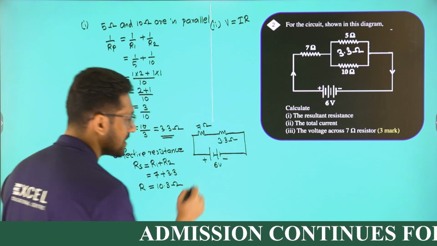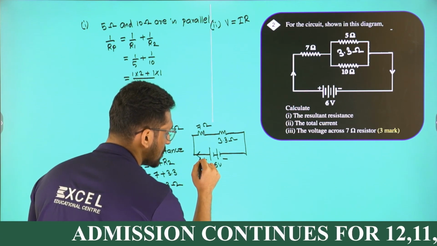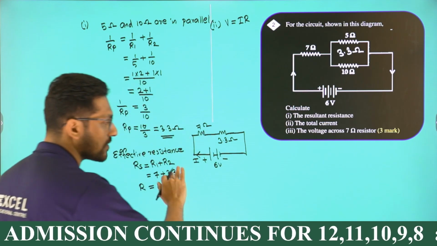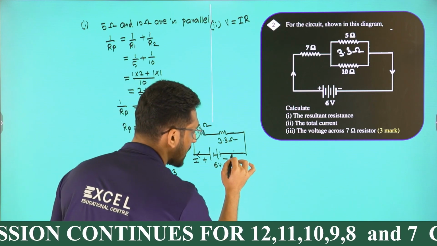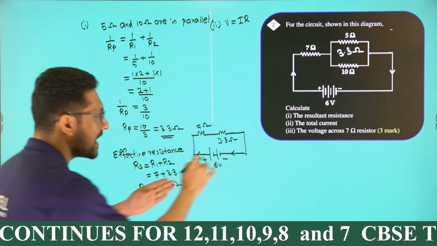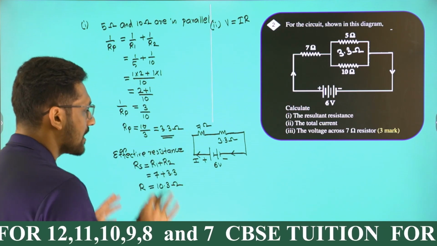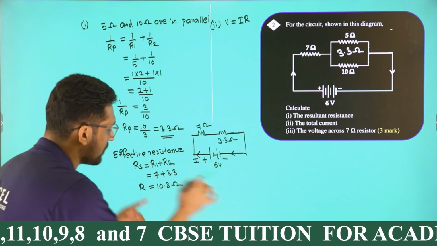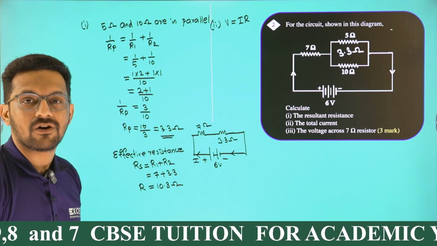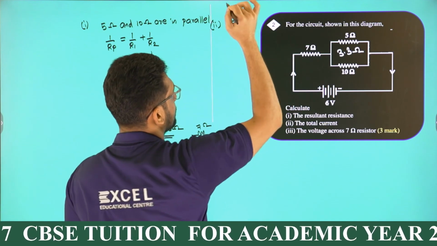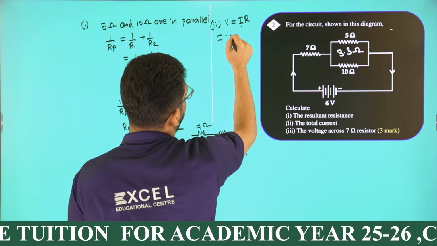What is the current? Positive terminal, negative terminal. Current will be coming out of the positive terminal and going to the negative terminal. The same value of current is passing through 7 ohm and 3.3 ohm. That is, the current through the effective resistance of 10.3 ohm will be this I. How to find this current I? I is equal to